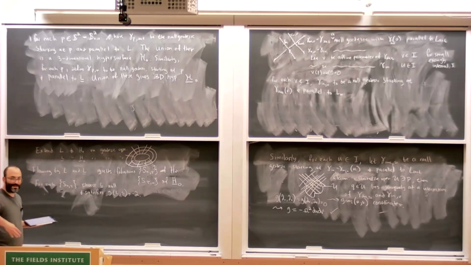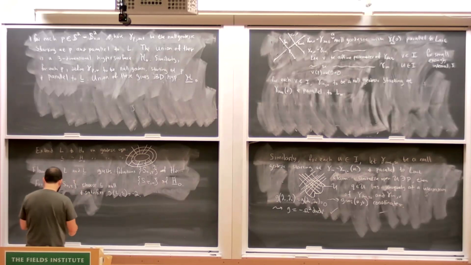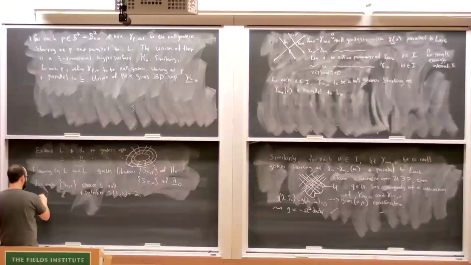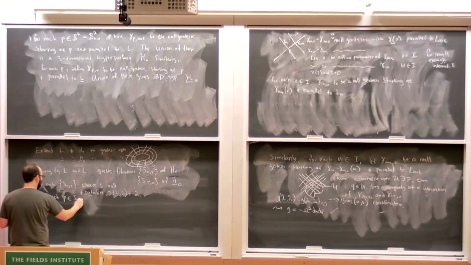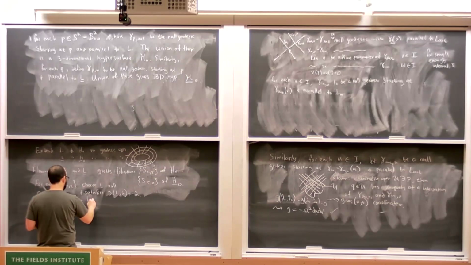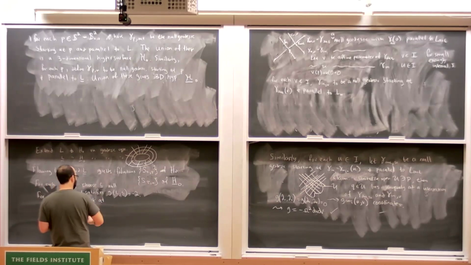So I pick a vector going in the other direction, right? And then for each P in S0 tau, I can look at the